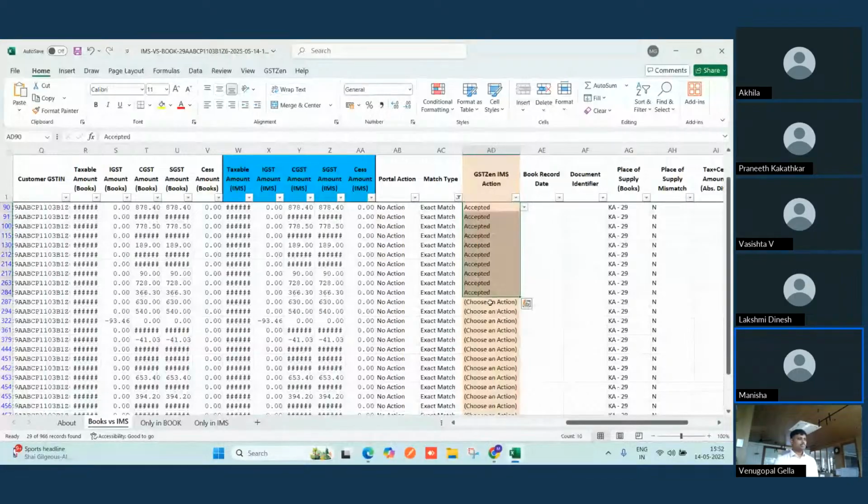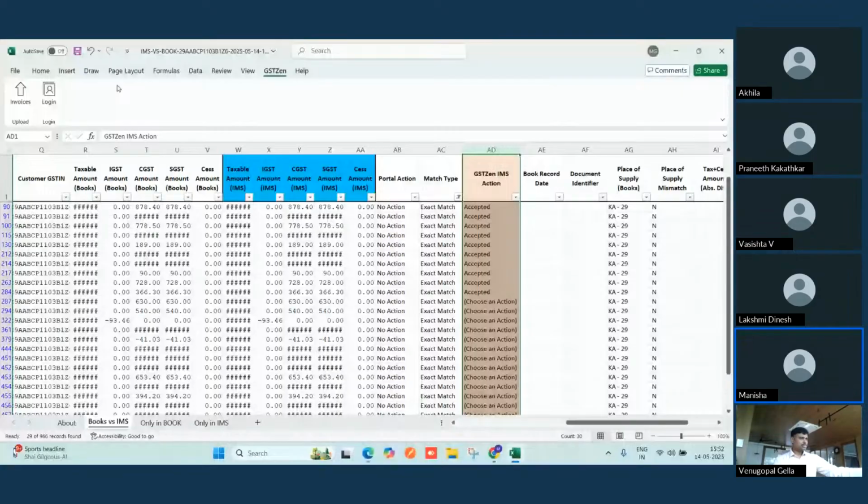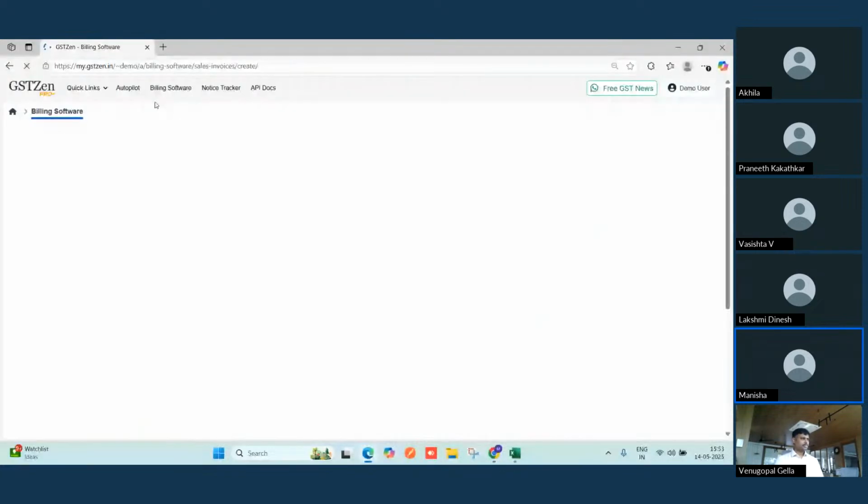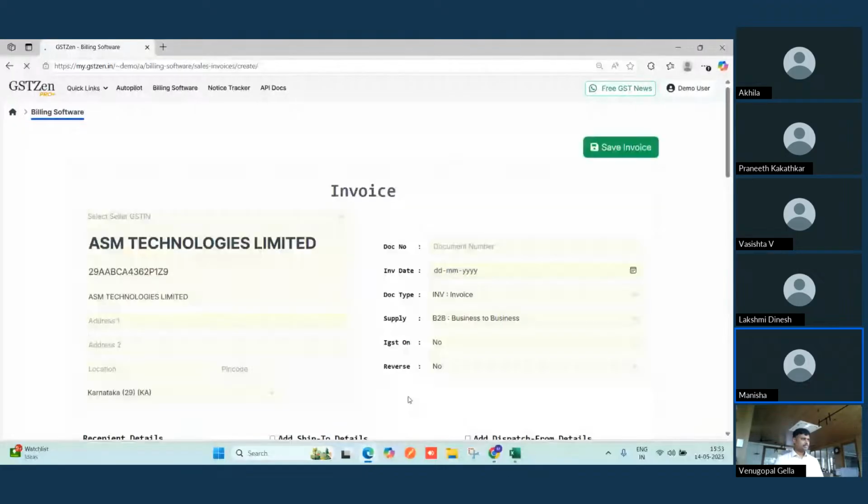One thing is that you are not required to save this Excel in your system, or re-upload it into GST Zen. Whatever working you do in this peachish color column, you can save it directly into GST Zen. We have a tab here with the name GST Zen. You will click on it and click on this invoices tab, and these invoices will save into GST Zen automatically. Whatever changes you have made in the Excel, it will save in the GST Zen database,